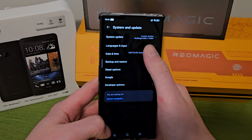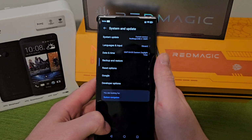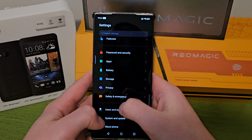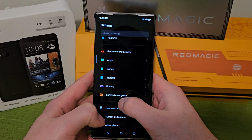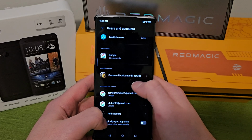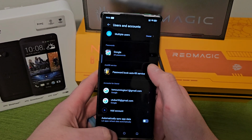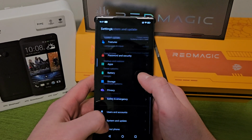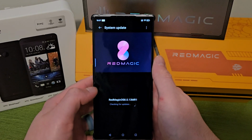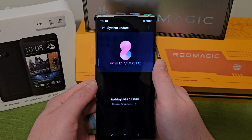So you can change the speed of this video. If you want things to go slower, you can change it to 0.5 or 0.75 and just mute it, so you guys can see all the features to where it's not going super fast. I'd recommend that if you want to see things a bit slower. But I just figured it'd be better to run through things, especially settings that are very common per every Android phone. But yeah, as you can see, it's RedMagic